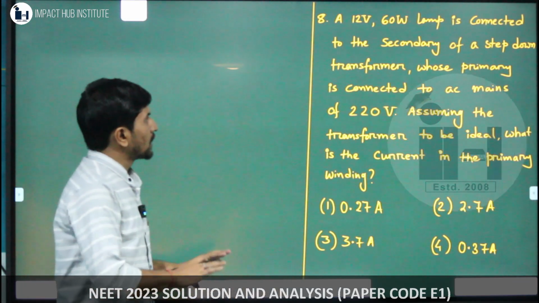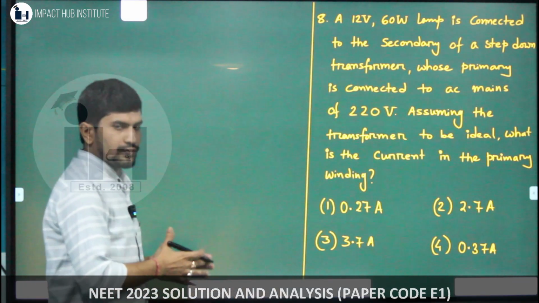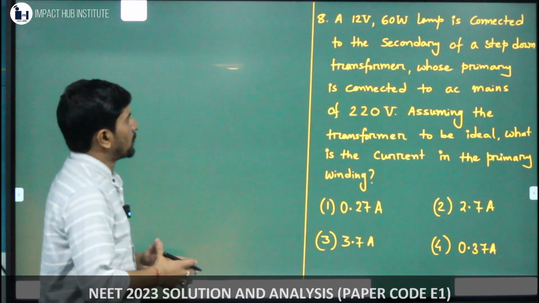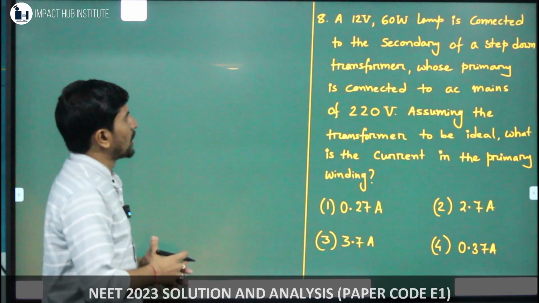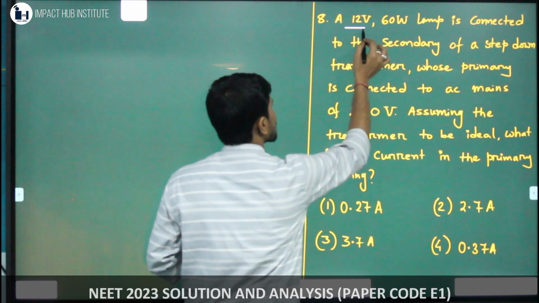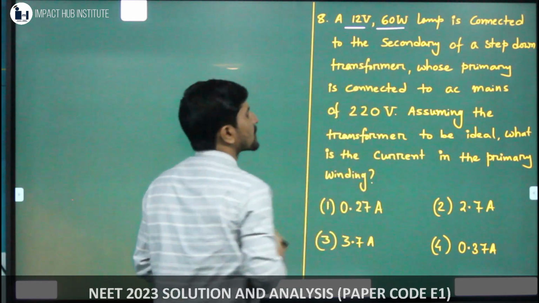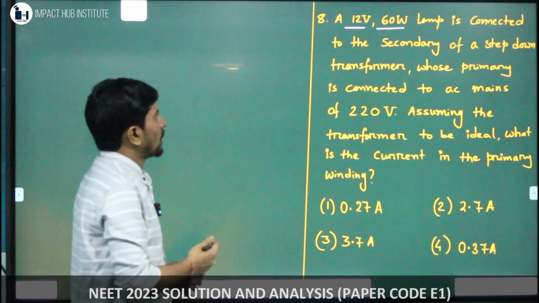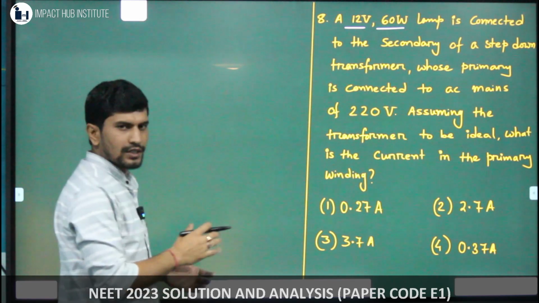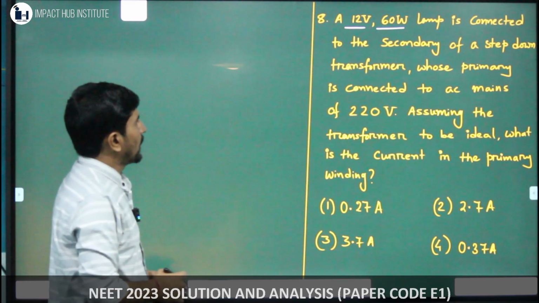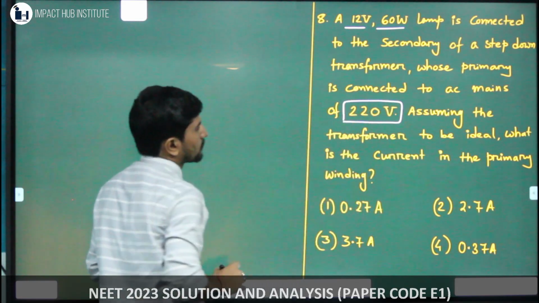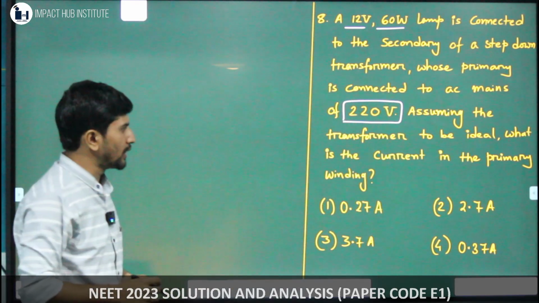Here in this question, it is described that there is a transformer, and this transformer should be used in order to use a particular lamp whose specifications are given. So there is a lamp which has this specification of 12 volt and 60 watt, and it has to be connected to the secondary coil of the step down transformer, and the primary voltage mentioned here is 220 volt, and in this situation we are supposed to calculate the